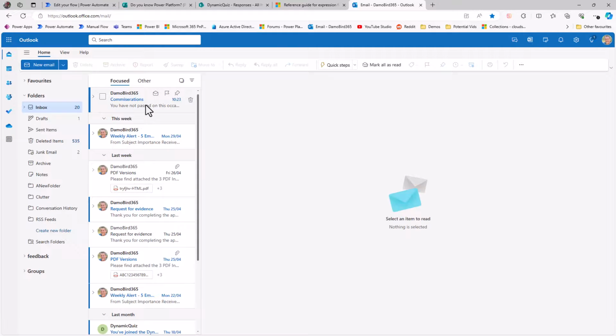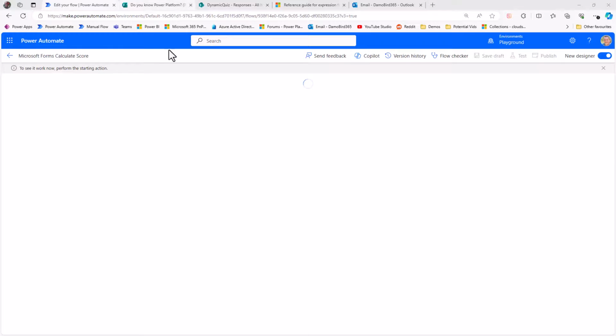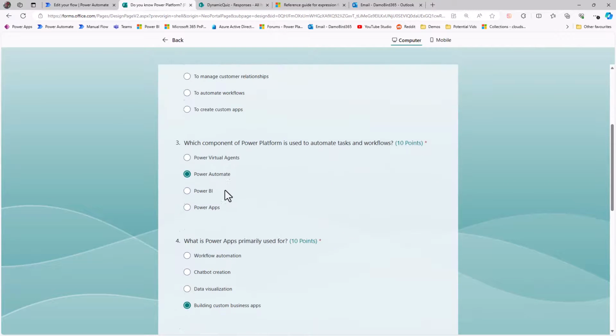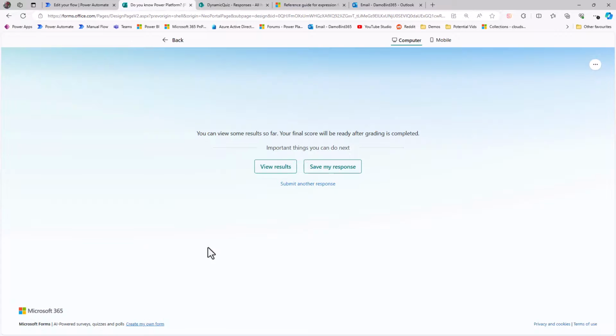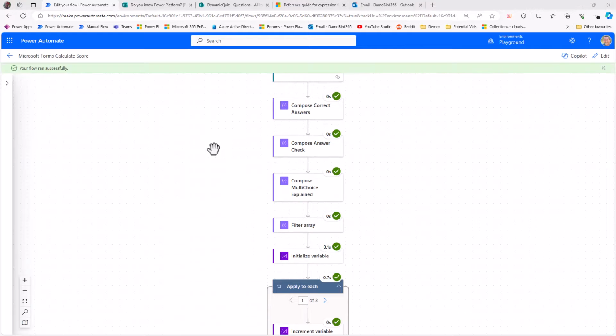Jumping into my email, we can see we have the commiserations, and you have not passed on this occasion. Your score was 33.33% because I got 2 out of 6 and I had 70 points. With my flow in test once more, jumping back onto my form, I have demo pass and I've answered all of those questions correctly. If I submit that, jump back over onto Power Automate, and again, if we pop open that multi-choice explained,